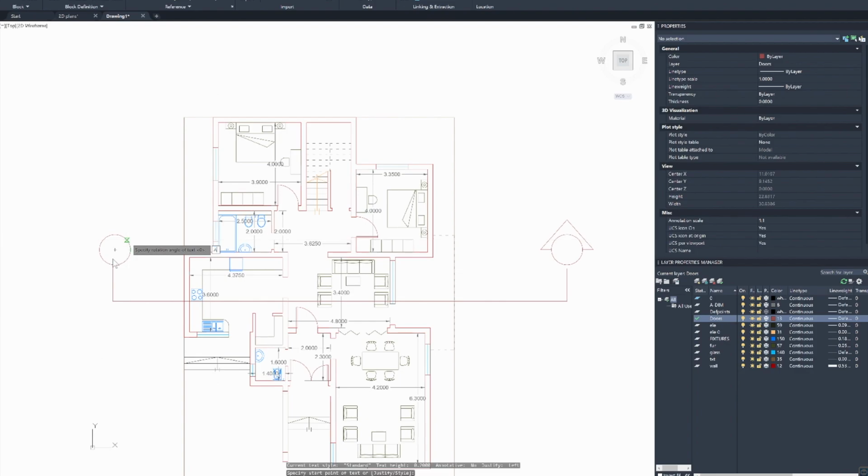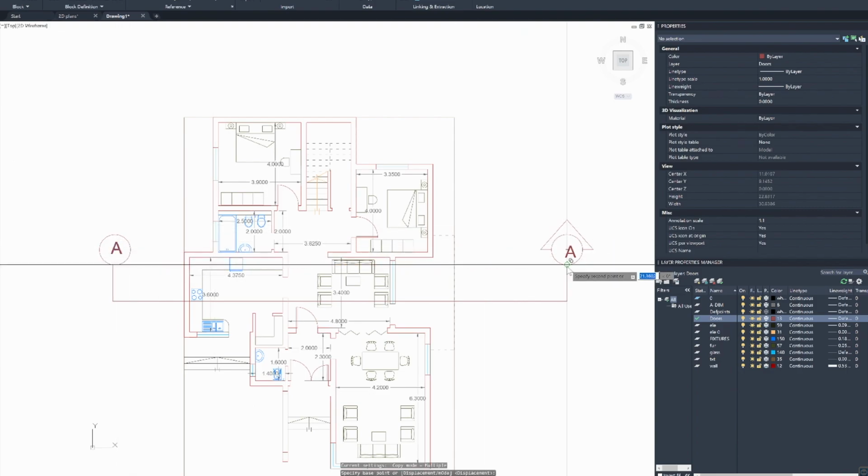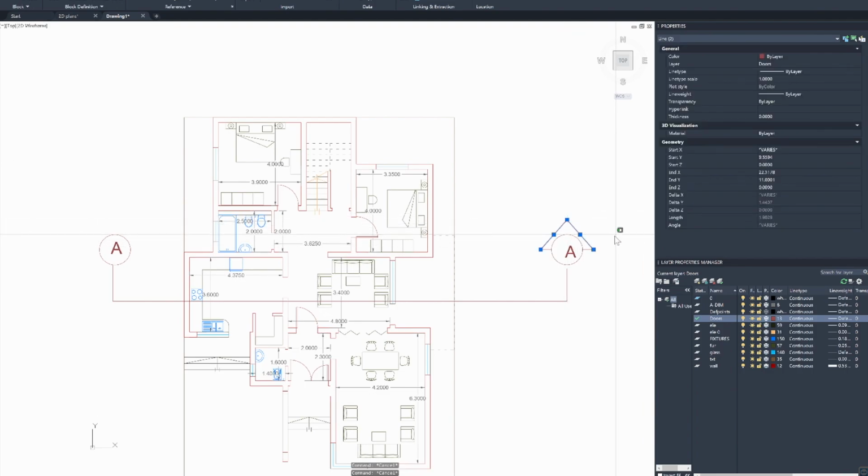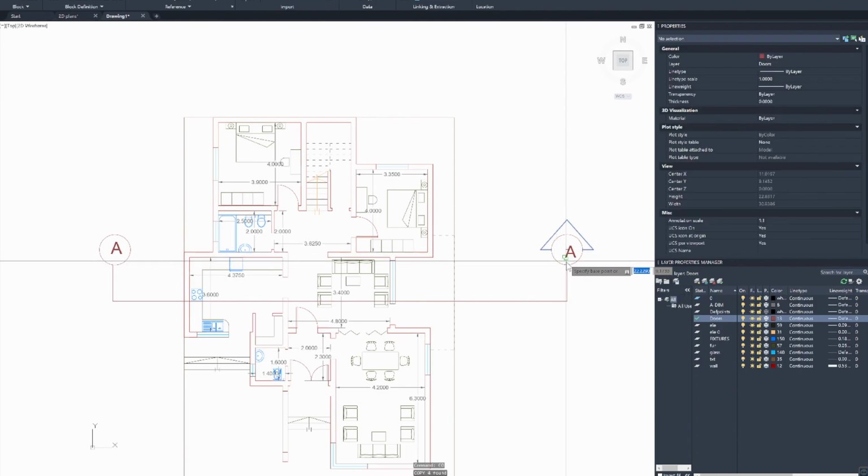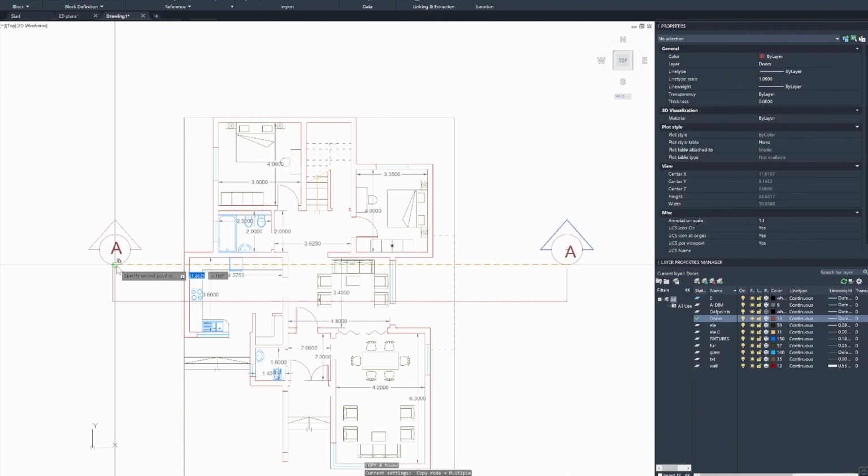So I'm gonna have to call this, so that's text, and it's going to be probably this big, and it's going to be in this direction. So this is section A, and notice how much time it's taken me to be placing it in the right location. And then I'm going to copy this once again, copy it right from here and place it here. And of course these need to be copied as well. Notice how long it has taken me to do all of this,